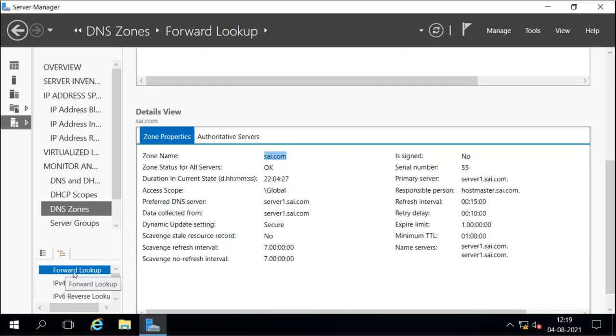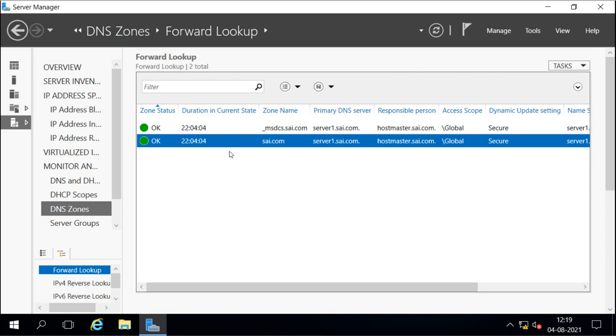Here on this side you will see the forward zone, and also the reverse lookup zone for IPv4 and IPv6. Now when you select forward zone, it shows that these are the zones we have.